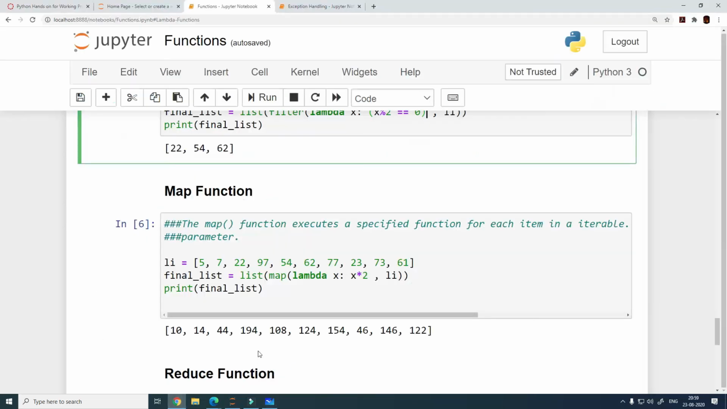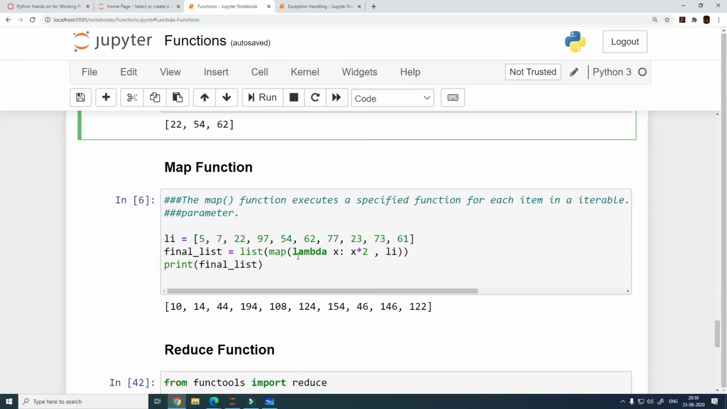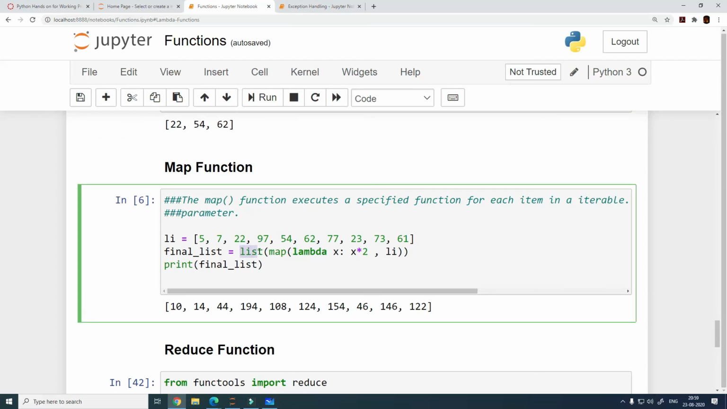So let's quickly see how map works. Again, same as before, if you look at the syntax, we are at the end of the day creating a list, another list, and then instead of the filter function, we are using a map function. Here we are again defining a lambda function, and the map function has two parameters. The first one is the criteria or the operation that we want to perform, and the second one is